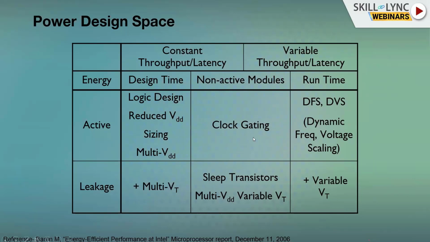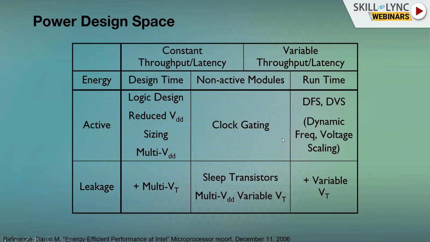Another one in non-active mode is to use multiple VDDs, which we have put up here also, to reduce your leakage. Once you reduce your VDD, automatically your VT will also come down. That is the advantage you have. And then you can use variable VT flavors also, based on criticality of the timing, right? We can decide what kind of VTs to use in a design on the critical paths, and on non-critical paths you reduce your VT as much as possible.